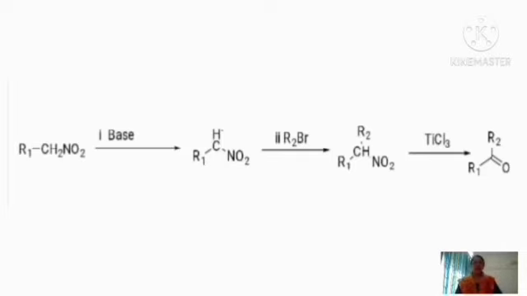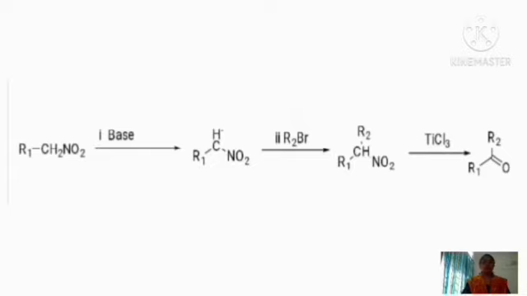The reactant is R1CH2NO2. Here NO2 is acting as a strong electron withdrawing group. So the CH2 group adjacent to this NO2 is acidic in nature. So when it is treated with base, it can abstract a hydrogen atom. So it results in the formation of an anion. Then after the formation of an anion, when it is treated with an alkyl halide, that is the second reagent, R2Br, that R2 gets attached to the CH group. So the compound formed, that is compound A, will be